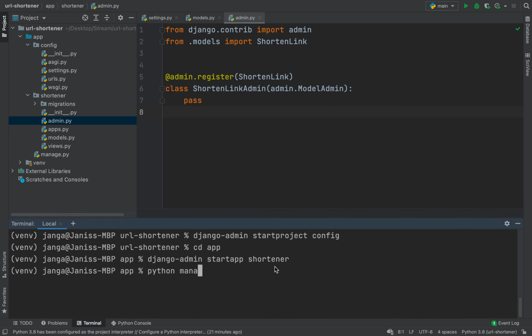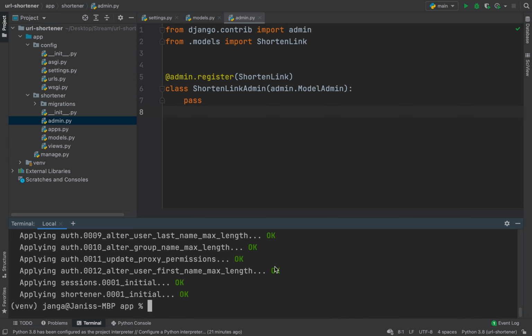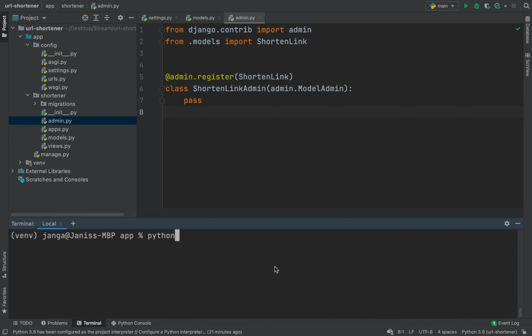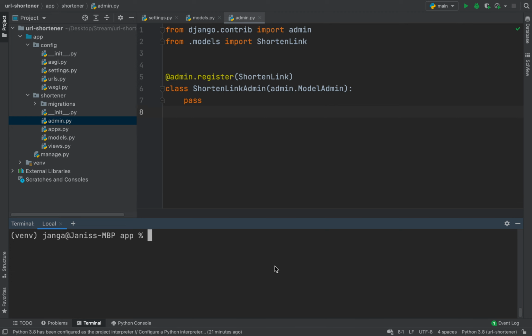Python manage.py makemigrations. Python manage.py migrate. Here we are. Python manage.py createsuperuser. This is cool. And now I'd like to start the project by maybe python manage.py runserver, but instead let's